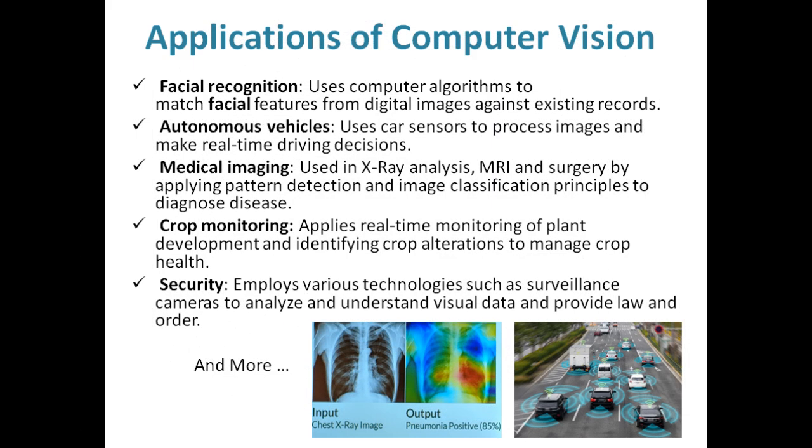Autonomous vehicles, we've also discussed in the previous part. Then medical imaging, using X-ray analysis and MRI or surgery. Actually, it uses image classification. You remember a long time ago in hospitals, they could get an X-ray of maybe the heart where a tumor or any other kind of infection is suspected, but the doctor would not be so sure as to diagnose and administer medicine. So they would tell you to come back maybe a couple of months later.